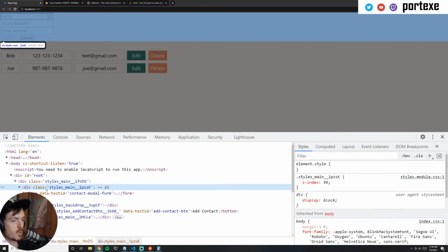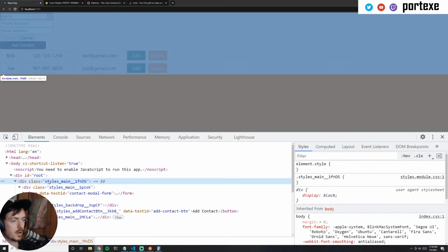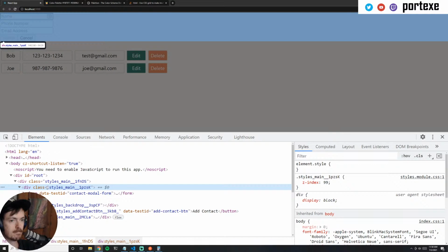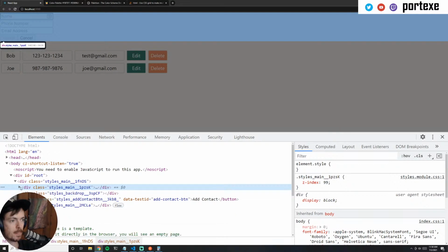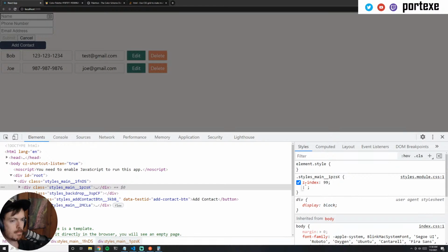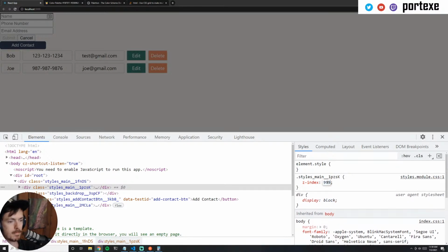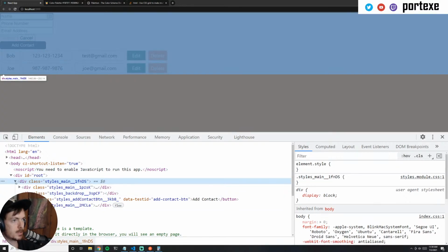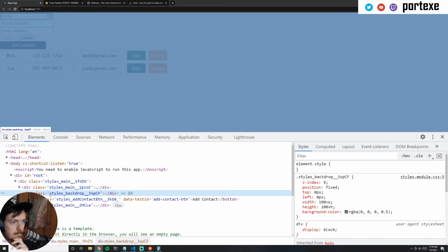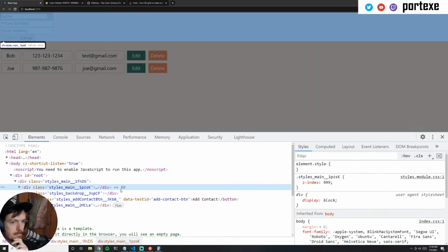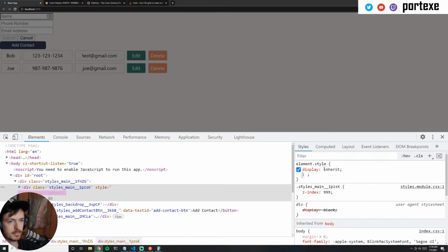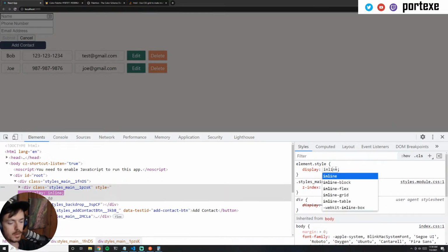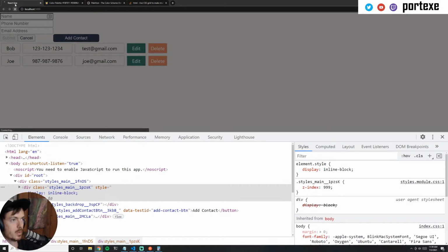Place form inside the backdrop. No, we don't want the form inside the backdrop. We definitely don't want that. Let me think about this for a second. Yeah, it's definitely not the numerical value for the z index. What is the issue? No, that is not what I wanted. Okay, that's not it. I don't know. At this point, I'm kind of just trying to